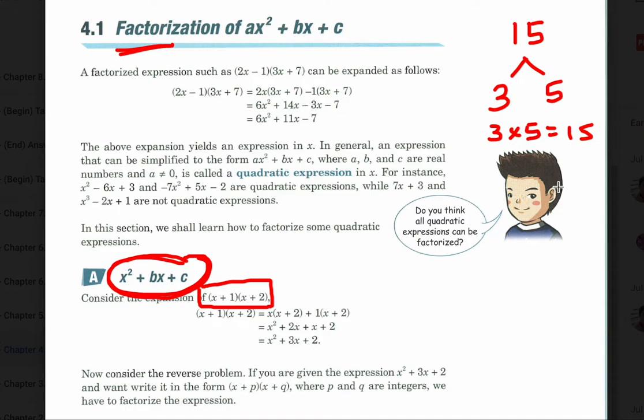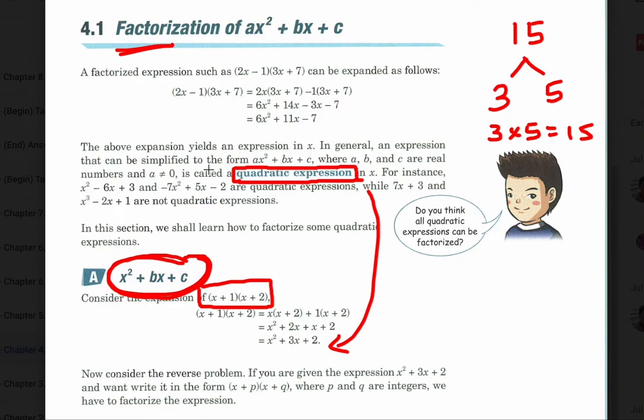Okay? And you probably noticed that we were talking about quadratic expressions. You should put into your notebook as an important vocabulary word: quadratic expression. Quadratic expressions are expressions that can be simplified to the form ax squared plus bx plus c, where a, b, and c are just placeholders for numbers. So this right here,